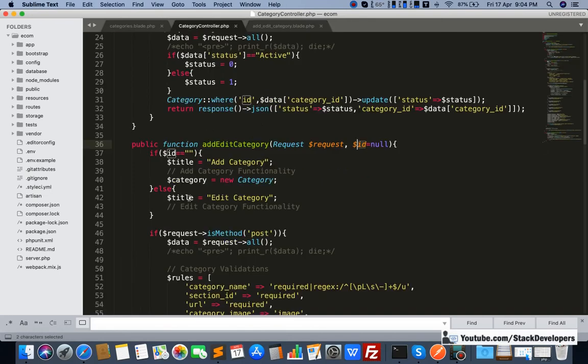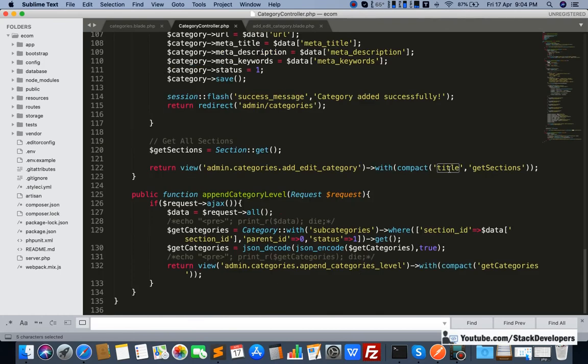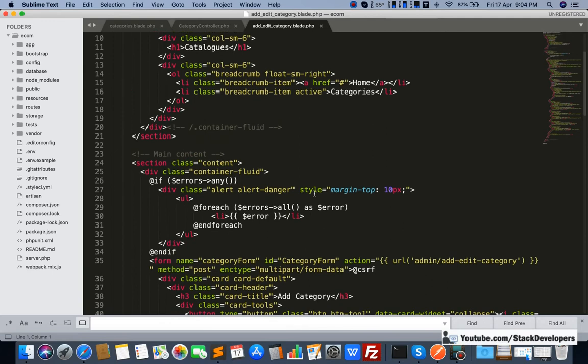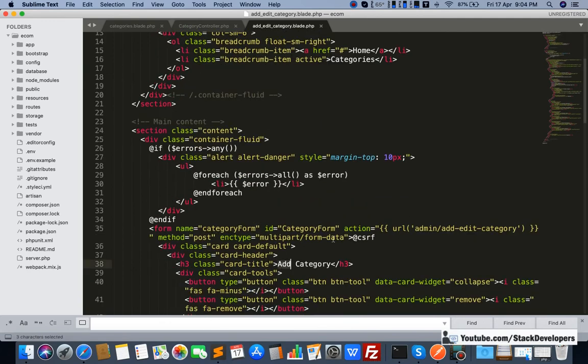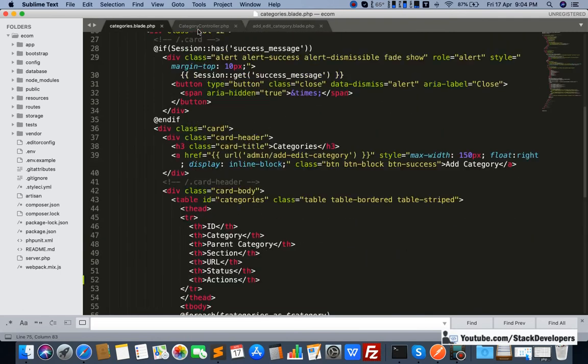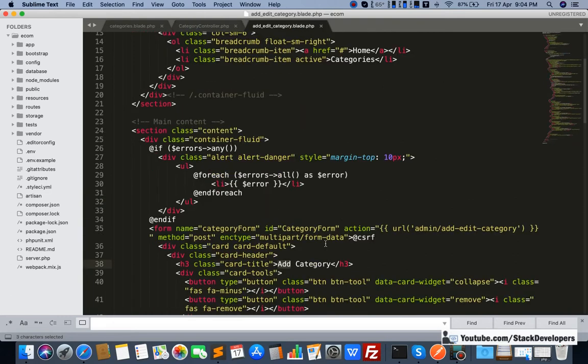We are already returning the dollar title to the add edit category blade file, so we can use this dollar title here. You can check that we have already given add category and edit category, so we can remove this one and make it dollar title.